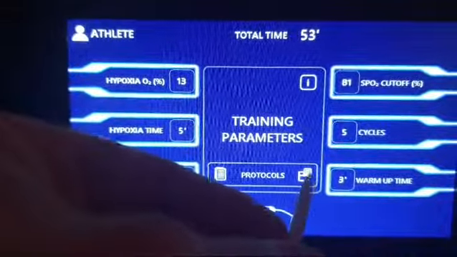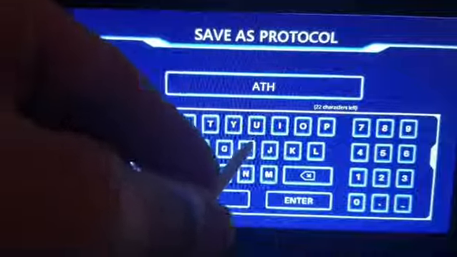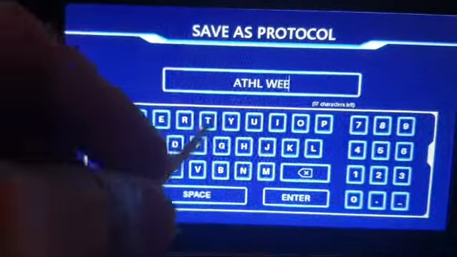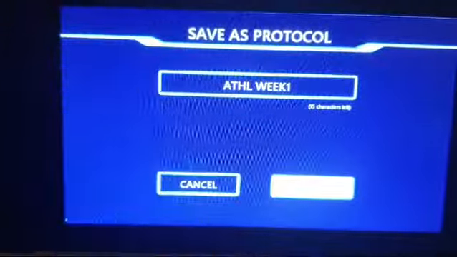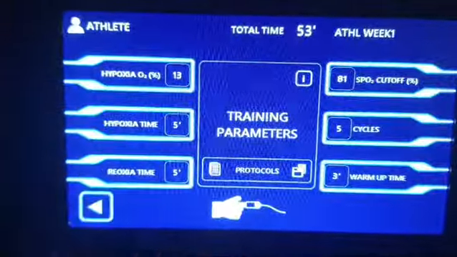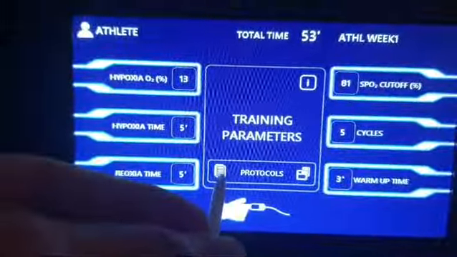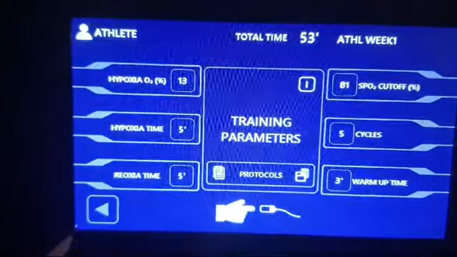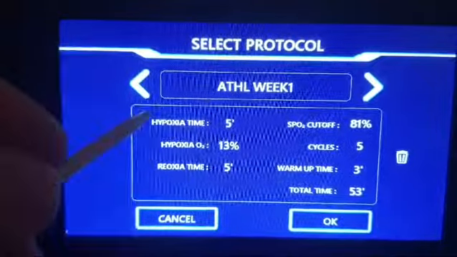We can then save by clicking here, and we will say, for example, we know this parameter is athlete week 1. So we can save it like this, athlete week 1. And what this does is that once I go back to my athlete user, for example, and I click on the text icon here, a bunch of protocols that are registered in the machine will show up, and I'll have my athlete week 1